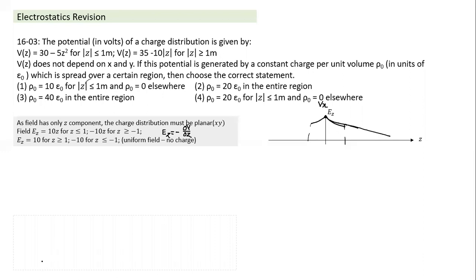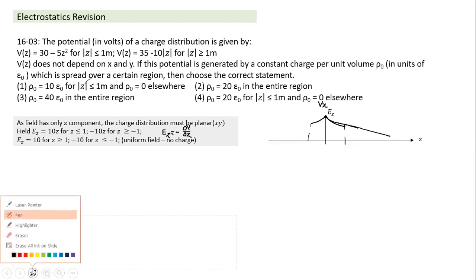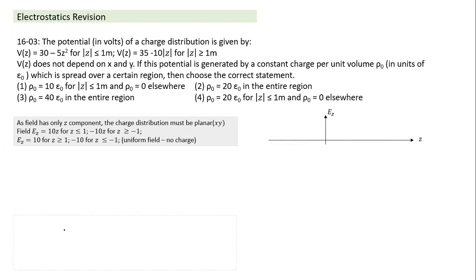Now let me forget V and focus on the field part first. Okay, so let's draw what the field is. This is what the field is. The field is something like this. Let me only focus on that part. It is linearly varying from here, up to z equal to 1. And from there onwards, how is the field after that? After that the field becomes constant. After that, the field is constant.